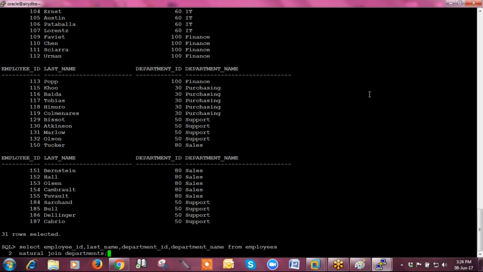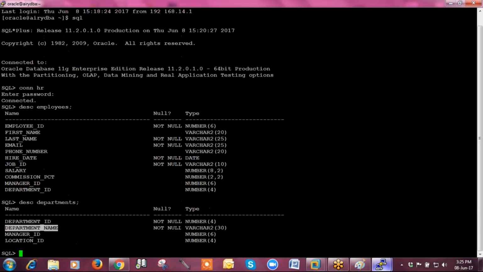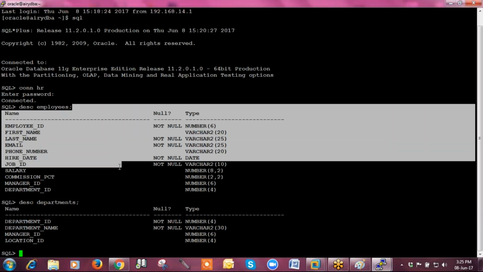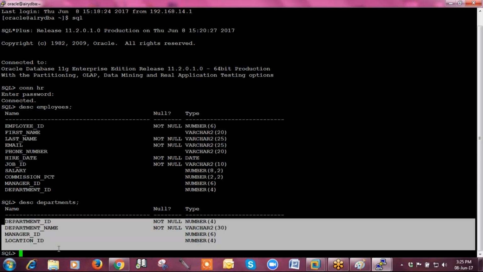But you don't want to create that joining criteria on the basis of those 10 common columns. But as you have used the natural join keyword, automatically all those 10 columns will be taken to create the joining criteria. So the values of the 10 columns from the employees table will match the 10 columns of the departments table.